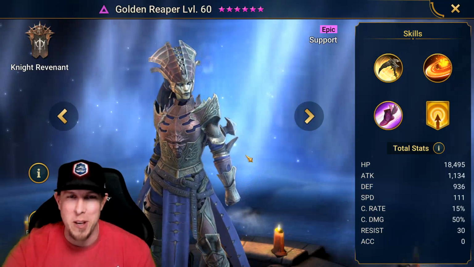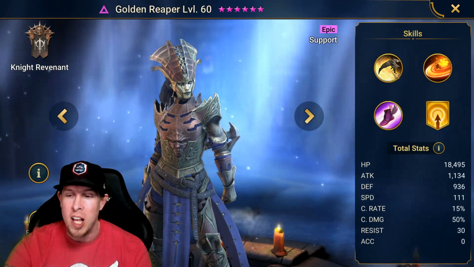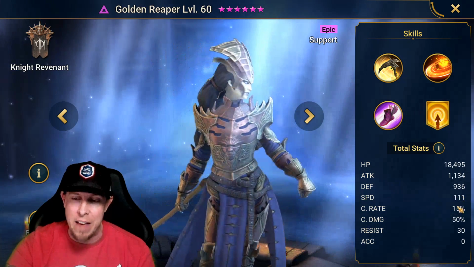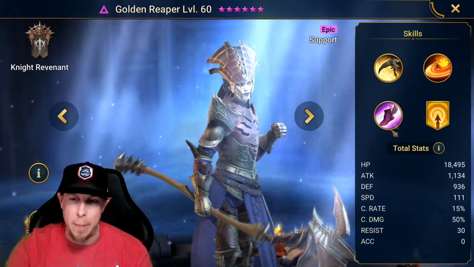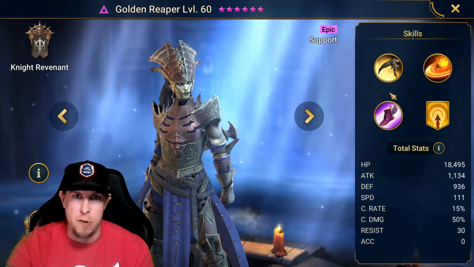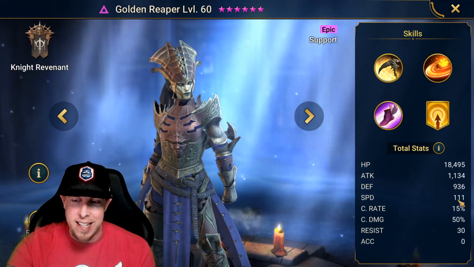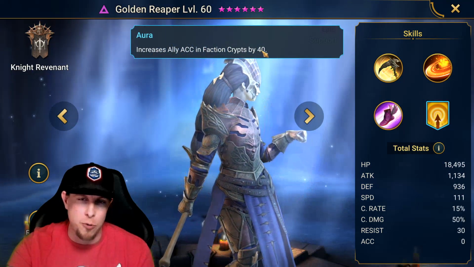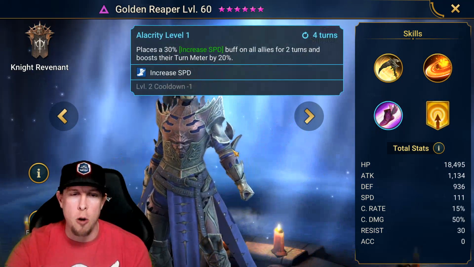I guess you would prefer Lysandra over Golden Reaper, but still, she has a really, really high base speed of 111. That's really high for an epic champion, for any champion. It's high for legendary champions, so really nice to see that high base speed. She has an accuracy and faction crypt, so not much there to write about, but let's start with Alacrity, which